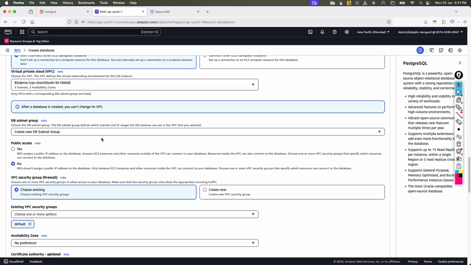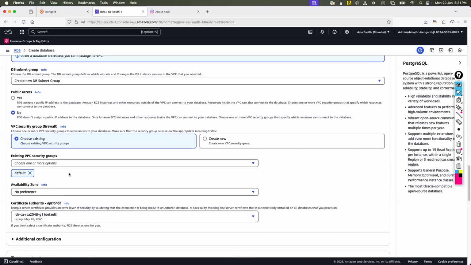For your company, this is the most confidential thing. Probably you keep all of your customers' data, maybe PII data is also there. Who knows, right? So it must be in an isolated network, a subnet that we call private subnet. That's why AWS also recommends that you go with no public access.